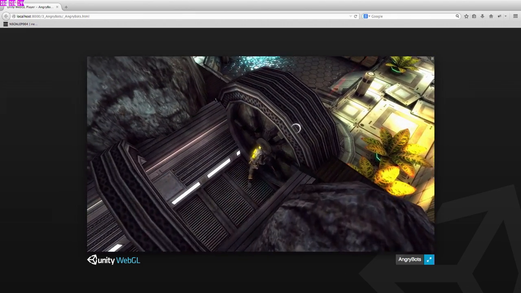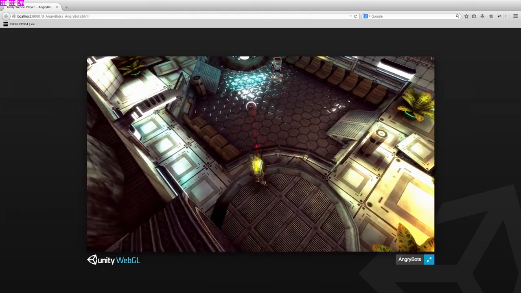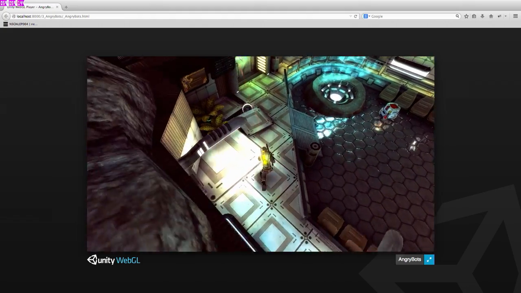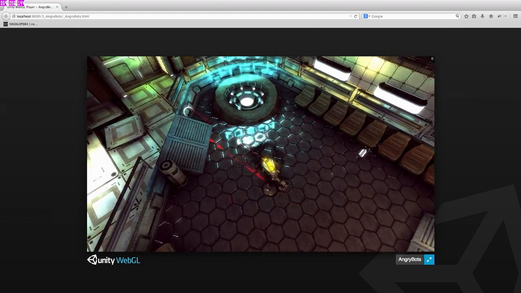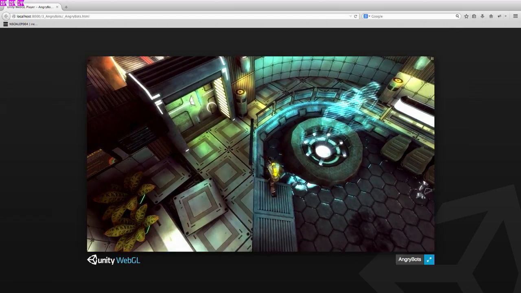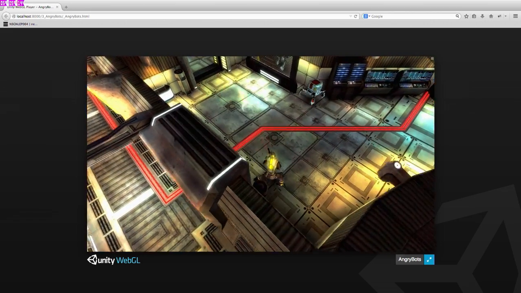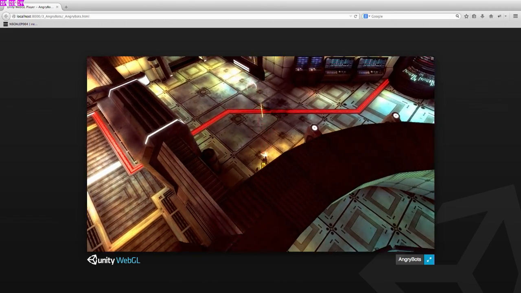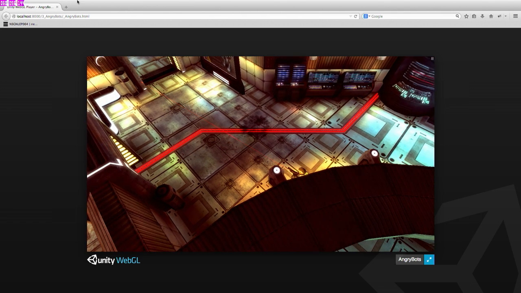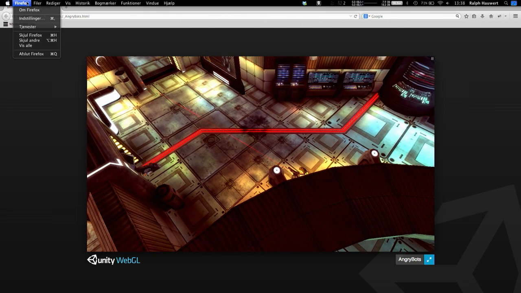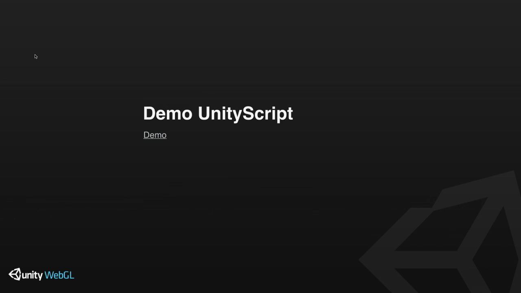So what this project is for us as a scripting team is that this is almost entirely Unity script. When we started on IL to CPP for WebGL, we decided we want to have everything work, but we're going to focus on C# first, and we'll figure out Unity script later. As it turned out, as we were working on IL to CPP and enabling all C# and normal .NET features, we could almost just support Unity script out of the box without putting a lot of effort in. So aside from that little audio bug there,